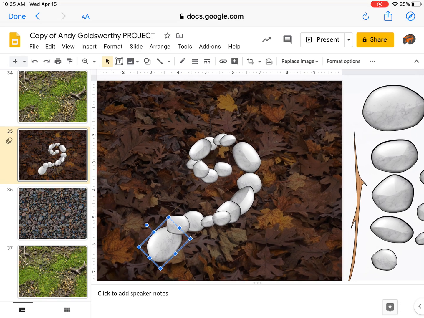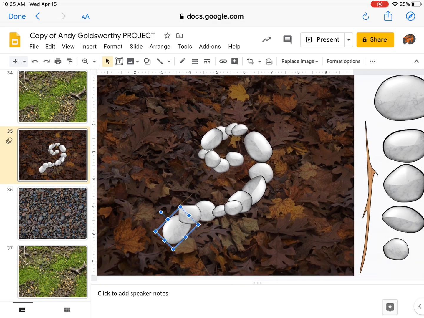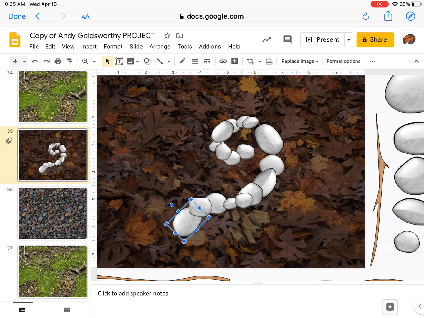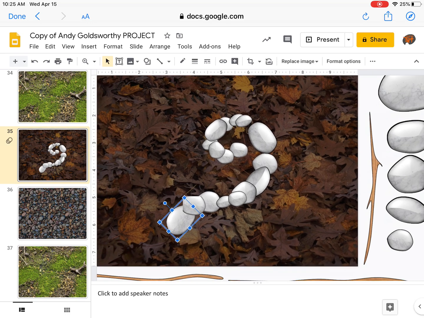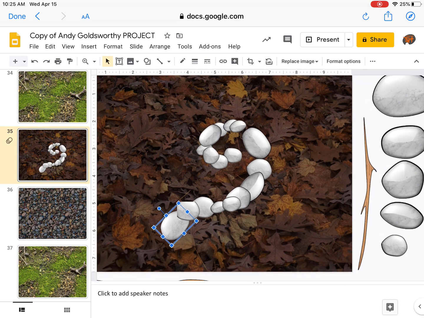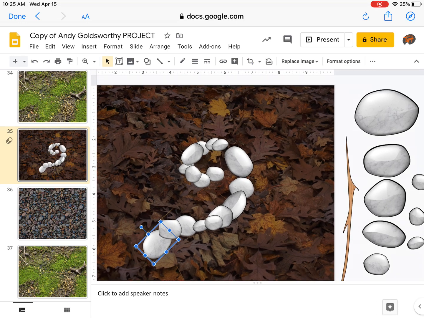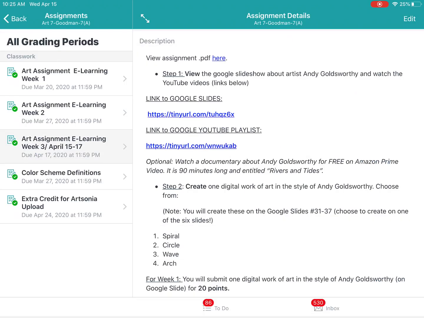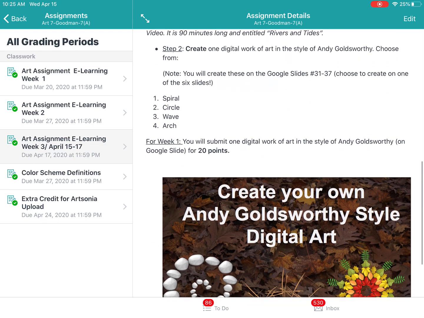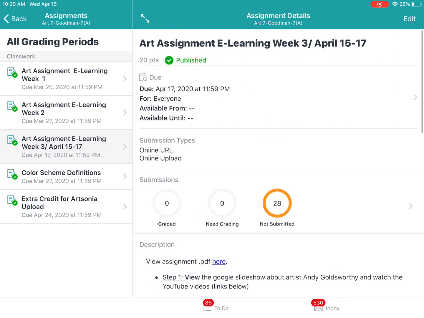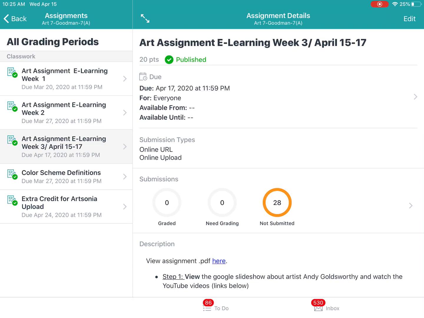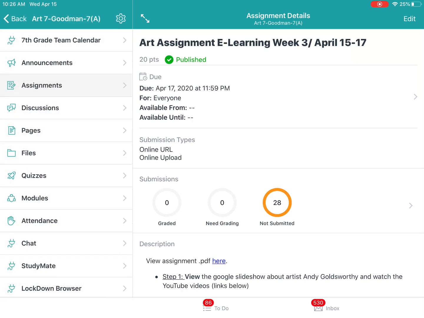Maybe I decide I want to move this stone. Again, rotating is not easy for me. Oh my gosh. Anyway, I'll stop there. But you could screen capture this and just simply turn it into the assignment. So when I'm finished, I'll screenshot that. And then you just turn it in here to the assignment. So far, I have none submitted, obviously, because you just got this assignment. But you can just submit a picture of that